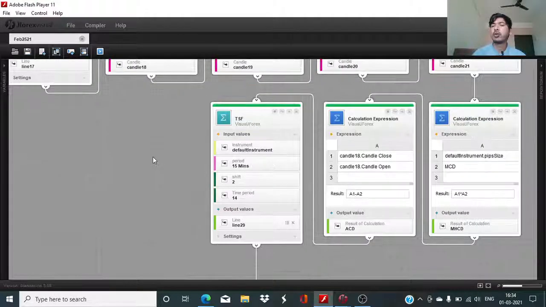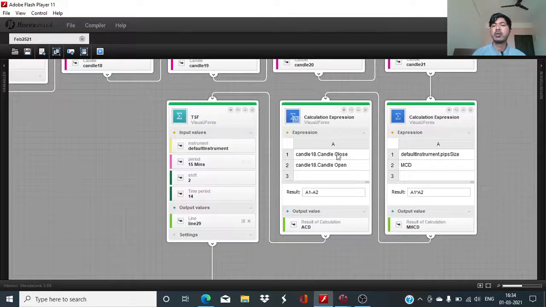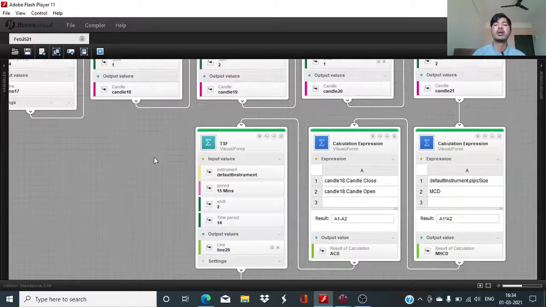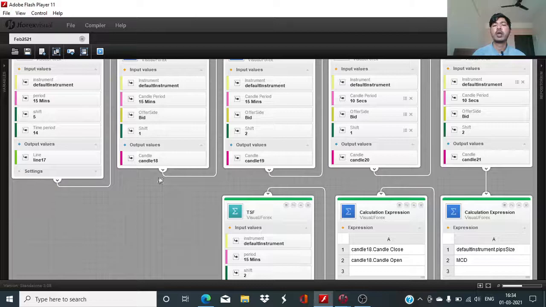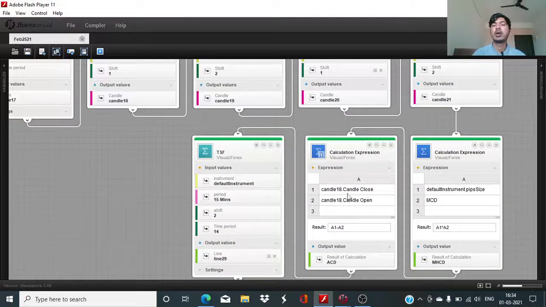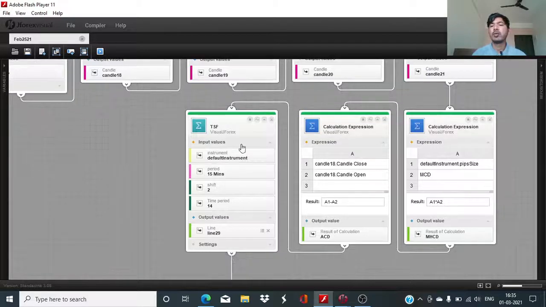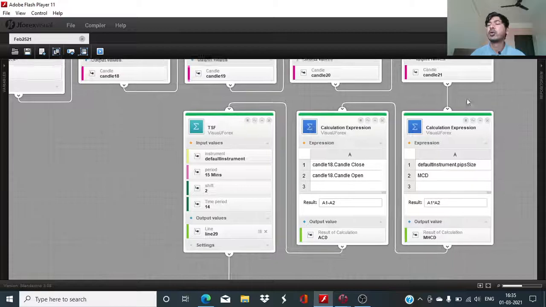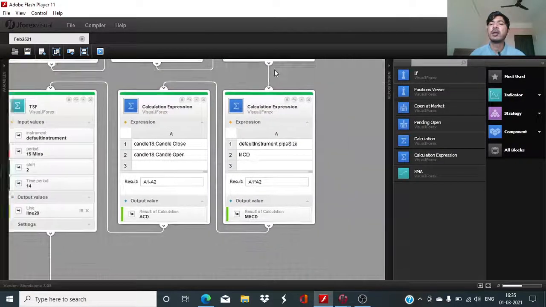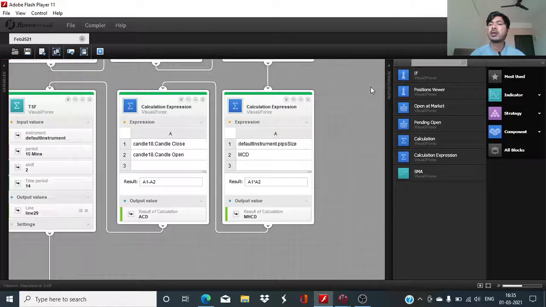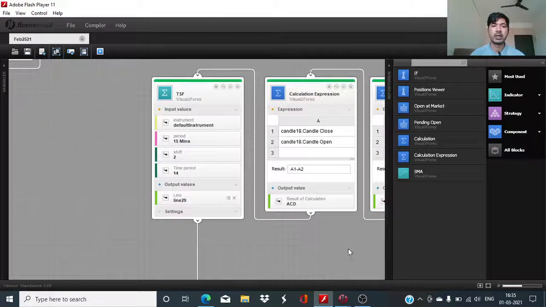We will need to carry out one calculation where we will have to look at the difference of these candle 18's closing and opening value. This time around we want the calculation to be inverted. This time we will be deducting the closing value from the opening value to find the difference, and for that I will be taking this calculation expression block